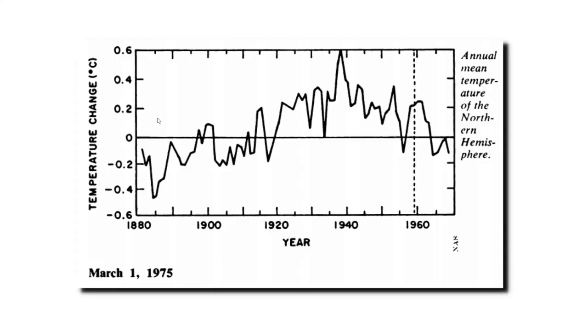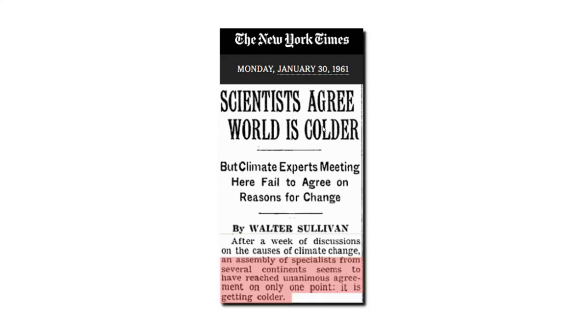In 1975, the National Academy of Sciences published another graph which was very similar to the 1974 NCAR graph. It showed lots of warming prior to 1940, and essentially all of that warming was lost between 1940 and 1970. The New York Times reported in 1961 that there was unanimous consensus among scientists that Earth was cooling. There was no general agreement about the future, but there was widespread agreement about what had been occurring since the